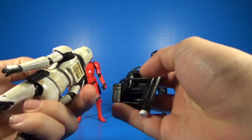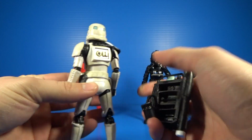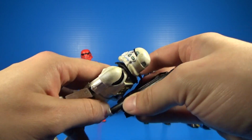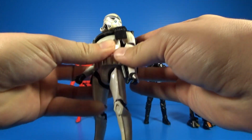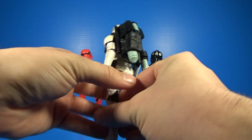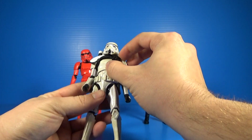So the Sandtrooper being our most involved, you'll see that cleverly in his back here, he does have a peg hole that matches up with the peg on the back of the backpack. All you're gonna do is slide this over his back, match it up, and you're gonna have it so that the ammo pouches are hanging over his left shoulder, and they do have a little swivel there so you can spin them around,